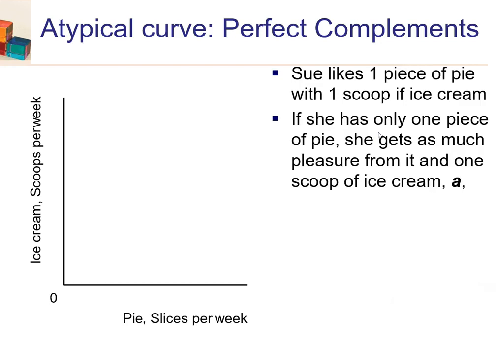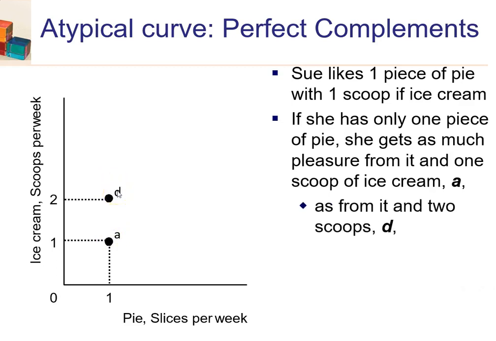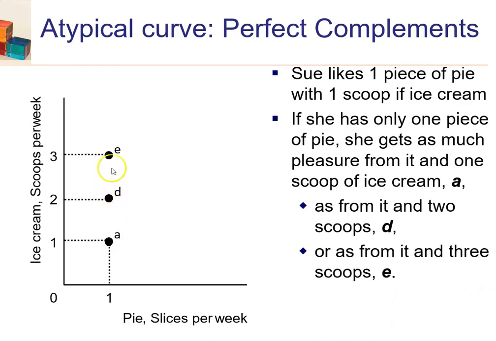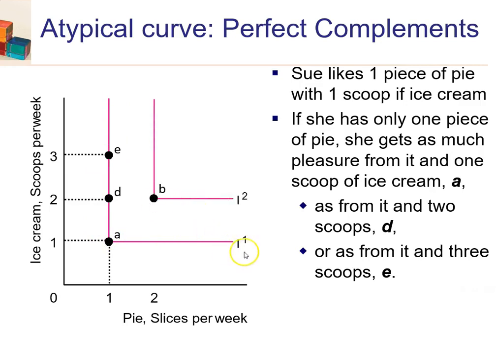So, in this case, bundle A would be the intersection of 1 ice cream scoop and 1 slice of pie. And note, for Sue, additional scoops of ice cream without additional slices of pie make her no better off. So Sue is indifferent between bundle A and bundle D. Likewise, bundle E with 3 scoops of ice cream and 1 slice of pie doesn't make Sue any better off either, under the perfect complements extreme. So these perfect complements are right angles that intersect at the optimal combination of the two goods. So that's one